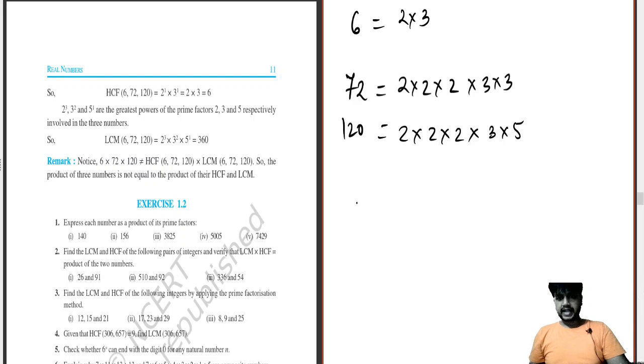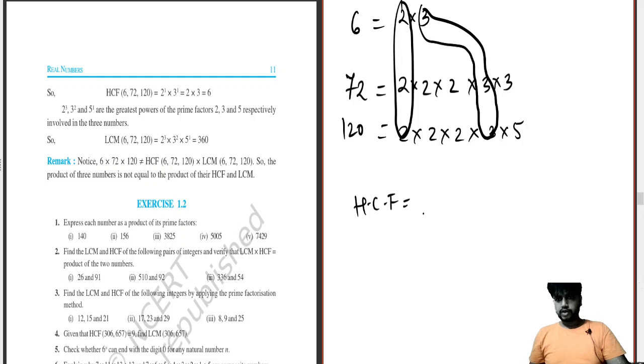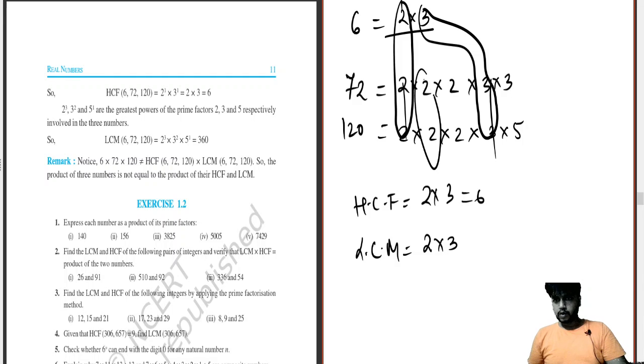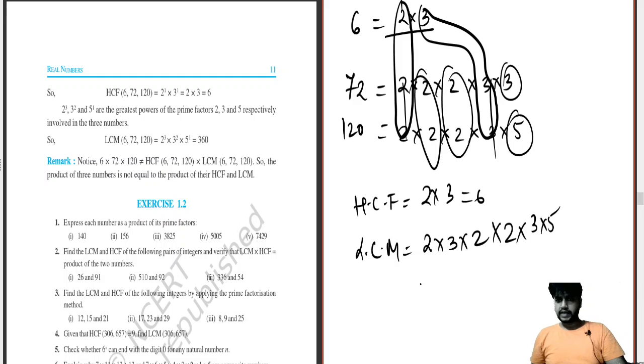Okay. So HCF over here will be, see, we do it the very childish way I have heard in my life. So I will do it in that way. So this will be 2 into 3. Now moving on towards LCM. So LCM will include 2 into 3, but obviously these two will be captured. Now moving on further, 1 from here into 2, 1 from here into 2, 1 from here 3, 1 from here 5. This is the way you calculate the LCM.